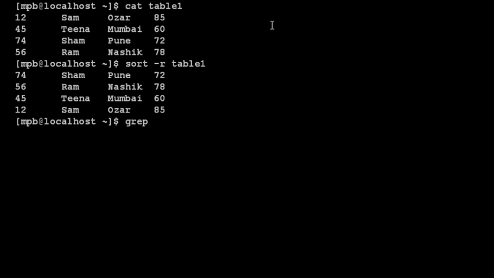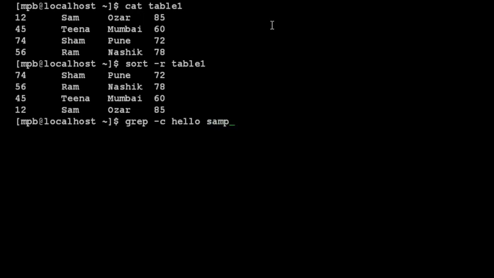So we have to use grep, then we will use -c, that is to display the count of the number of occurrences of the pattern. So if I say -c, then you have to provide the pattern. Suppose the pattern is hello, and then you have to provide the file name in which you want to find the pattern.